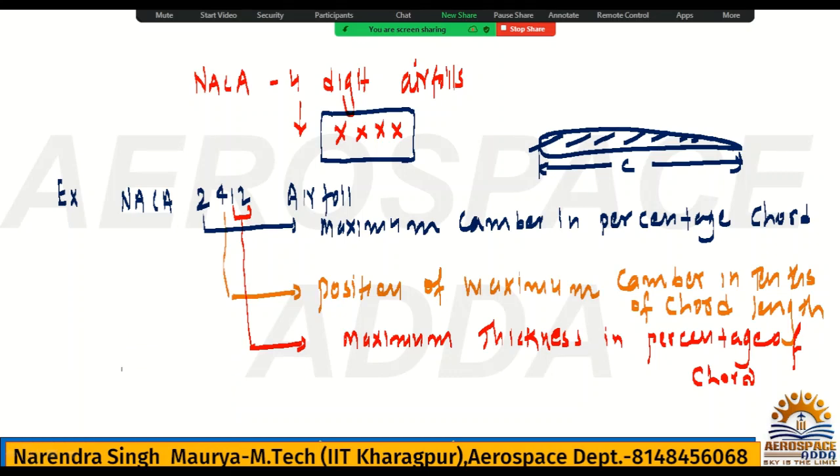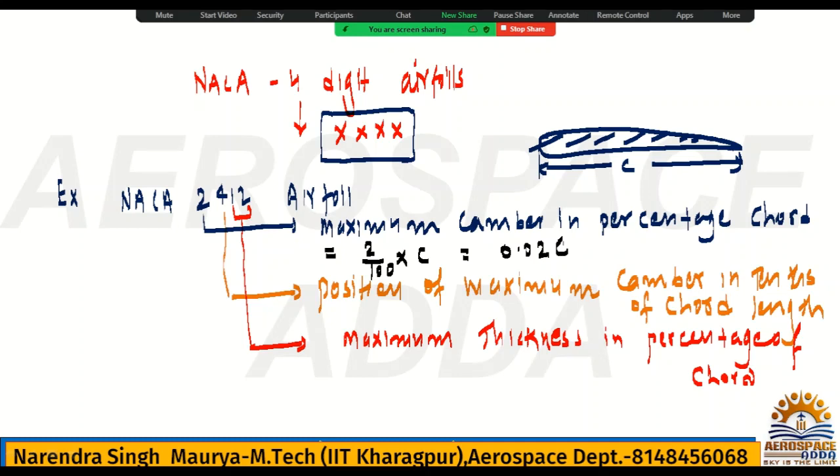We are going to calculate what they are saying. They are saying maximum camber in percentage of chord. What is that? The first digit. So what is the first digit we have? We have 2412. If you write 2412, the first digit 2 will be the maximum camber in percentage. So we have 2, and it is in percentage, so divide by 100. Percentage of what? Chord length C. So what you may get is